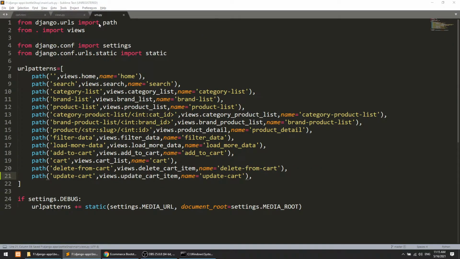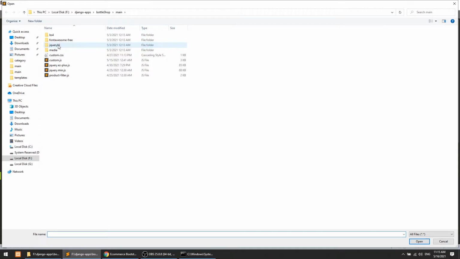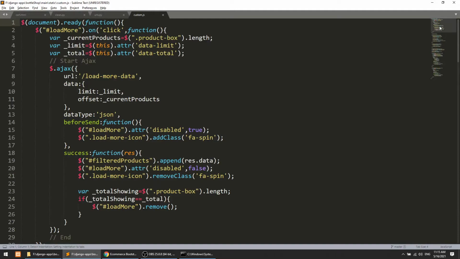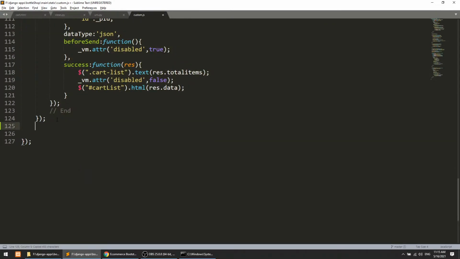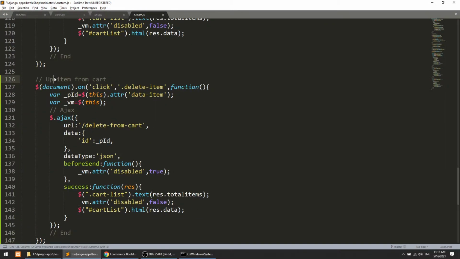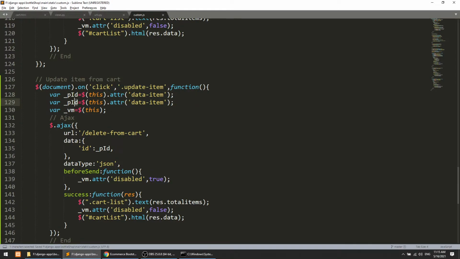we need to add the JavaScript code in our custom.js file. So I will open the static folder, in this custom.js, and in this I will copy this delete functionality. I'm copying this because we have already created this kind of code. We will click on the update item, update class, then we are getting the product ID, as well as we will get the quantity. So this will be our quantity,